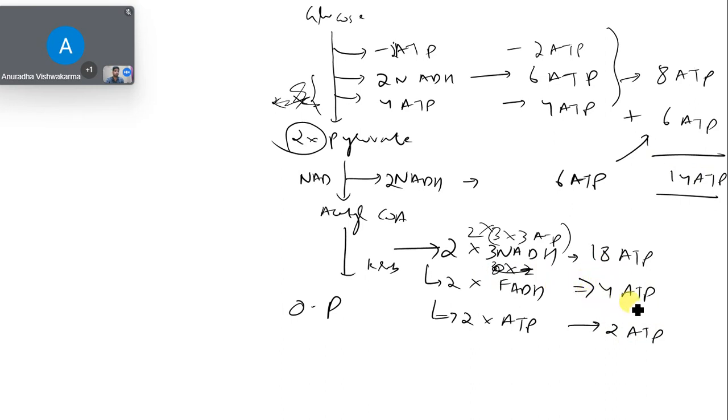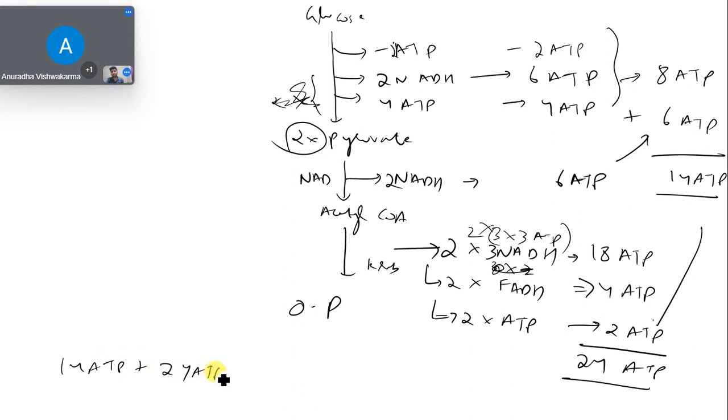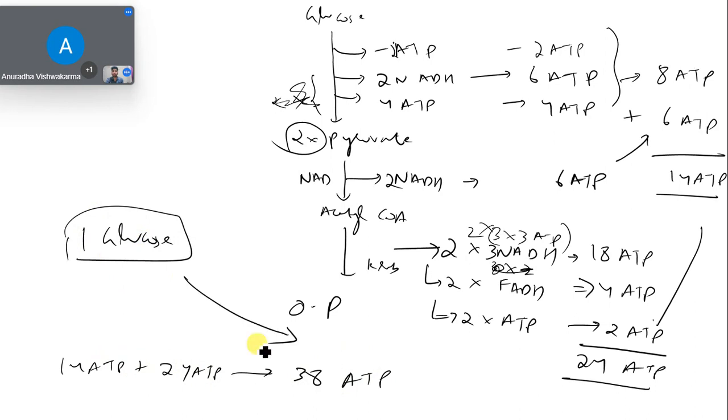and from here it is how much? 24. So what is the total outcome? 38. So one glucose molecule will give 38 ATPs, right? So now forget that. Okay, next is,